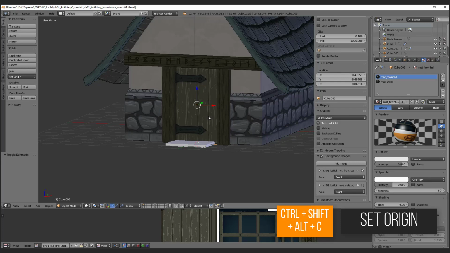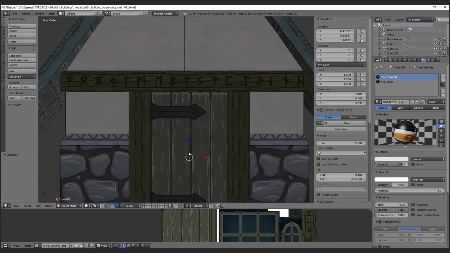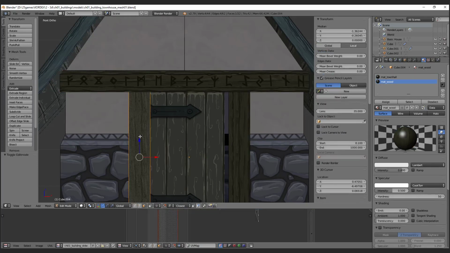Press Ctrl Shift Alt C and bring the origin back to the geometry. We have just here a little offset of the x-axis, so we see this here as well. So bring this position to 0 now. So now my door is completely centered, and I need to adjust this as well to